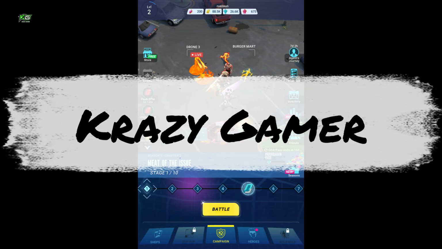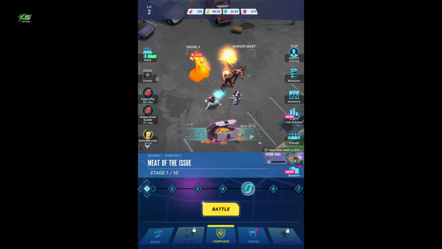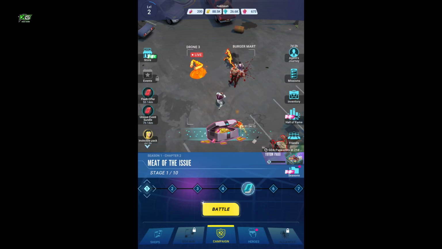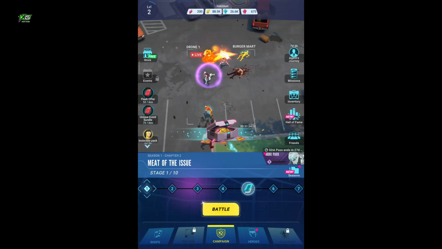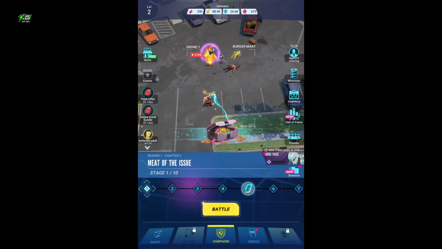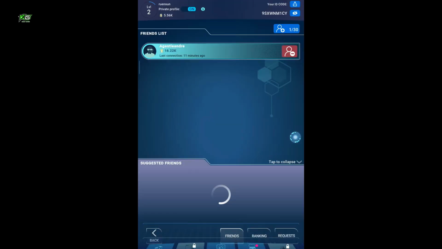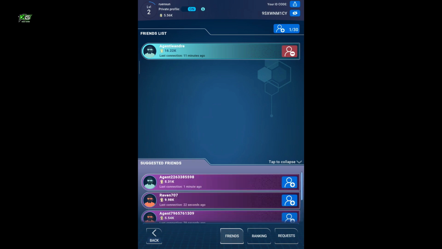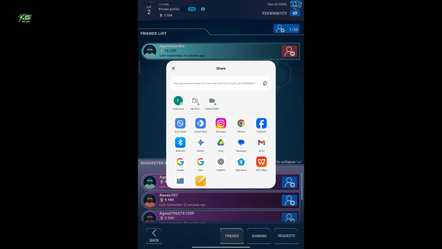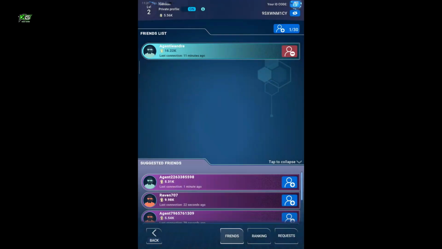If you are looking for a way to use an ID code in Invincible game, then first of all launch the game open on your mobile device or your tablets, and once you're inside the main homepage, go ahead and tap on the Friends tab at the right hand corner and you'll be able to see your ID code at the top right corner. Click the share button right next to your ID code and then you can go ahead and click on the copy button to copy your link, and once you do that, you can go ahead and